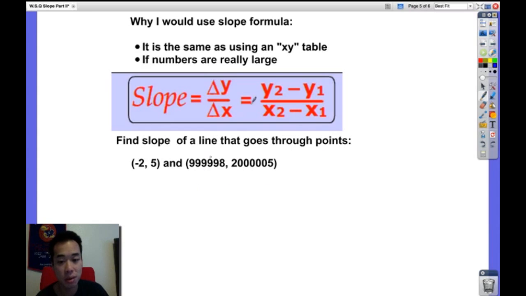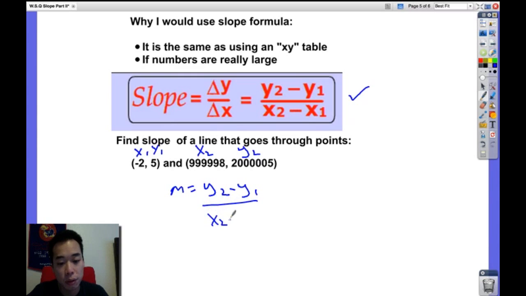So what I'm going to do is just use the slope formula right here. This is x1, y1, x2, y2. You can reverse the two pairs, but just make sure that they correspond with each other. So you always have x2 and y2 together, because that is the second point. And then slope is equal to y2 minus y1 over x2 minus x1, which is